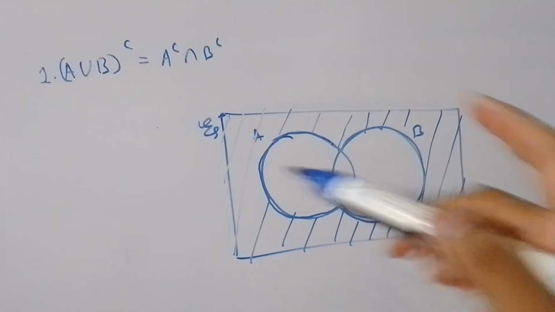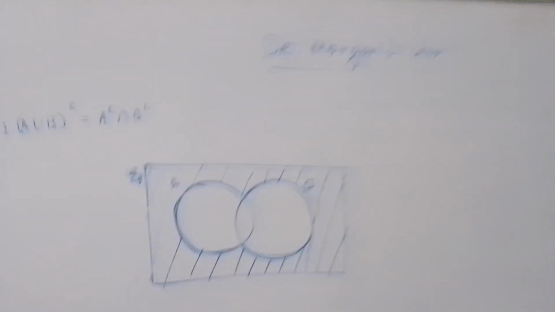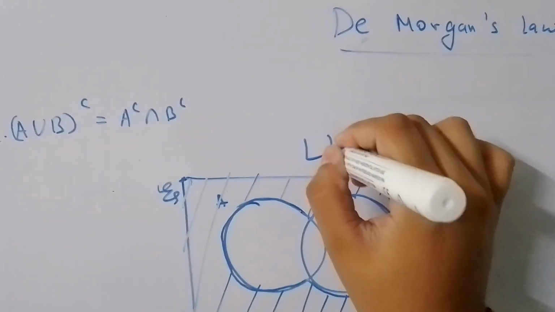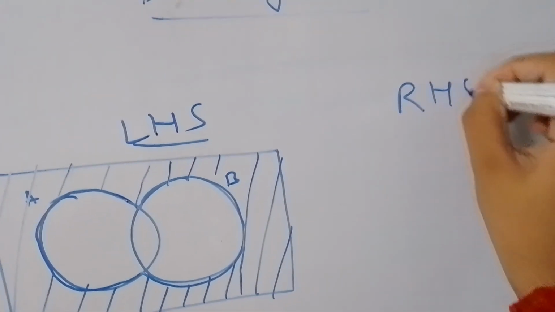So this is the A union B whole complement. This is the LHS part, left hand side, and the RHS part will be,